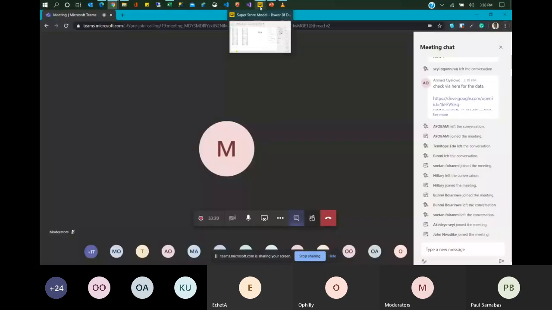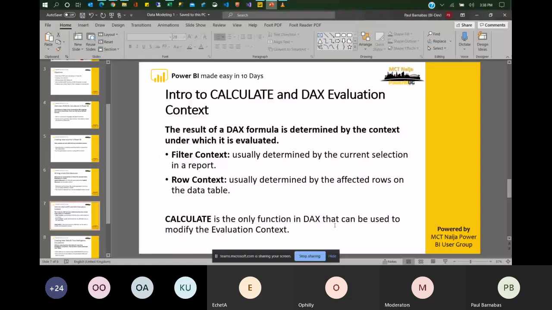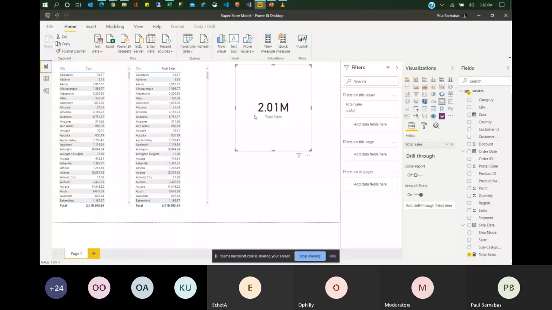The CALCULATE function also is a very, very powerful function. It's usually referred to as the mother of all functions in DAX, and it's a function that can be used to modify an evaluation context. What does this simply mean? Fine, I've easily written a SUM to give me the total sales.